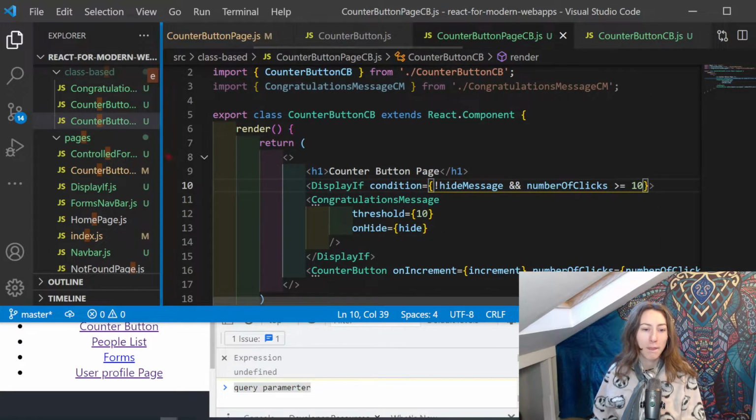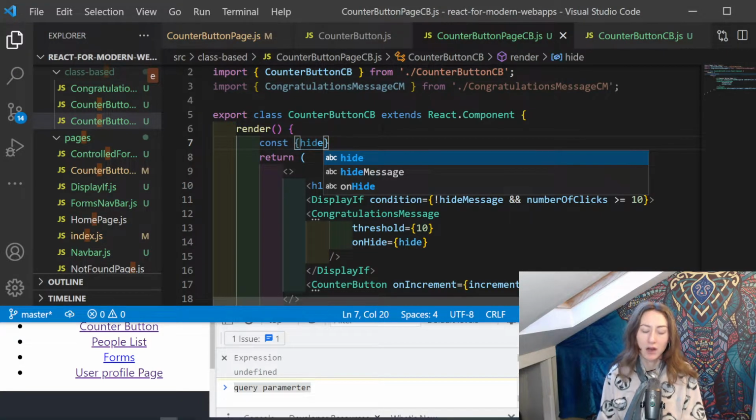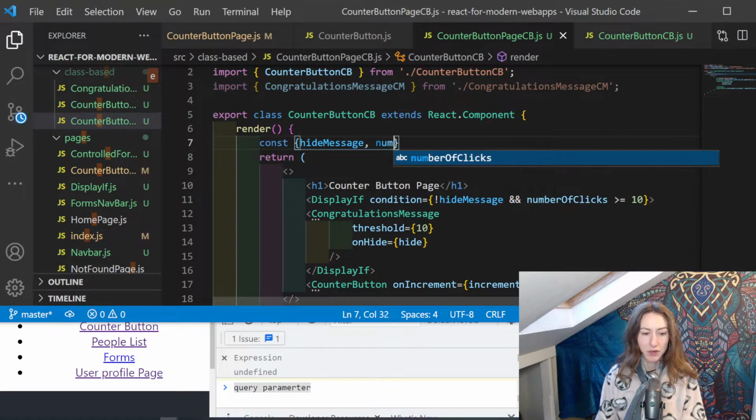Okay, so grand. So now we obviously just need our props as well. So we'll say const, get our object destructured here of the different props that we actually need. So it's going to be hide message, it's going to be number of clicks,